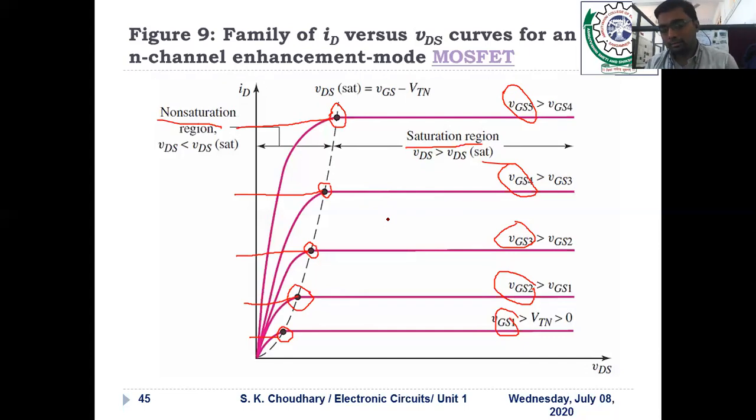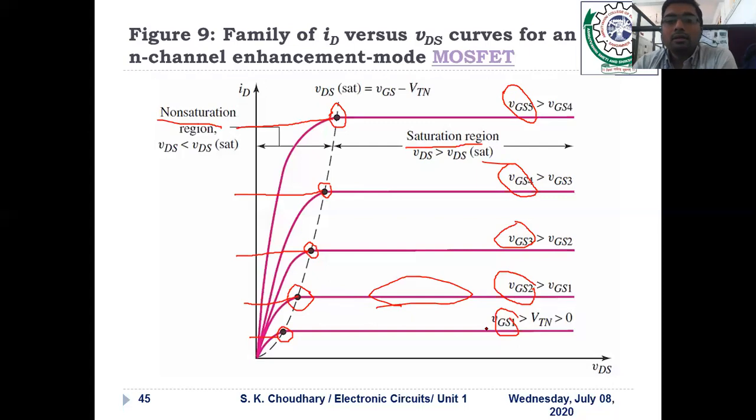Practically, it is a little bit different. Practically, in the saturation region, the current does not remain constant. It would increase a little bit. So the slope of ID versus VDS would have some positive value. But in the ideal relationship, the slope is 0. Here you can see the slope is 0. But for the practical case, there is some slope present. Means your ID would not be constant; it would slowly increase till the breakdown region.